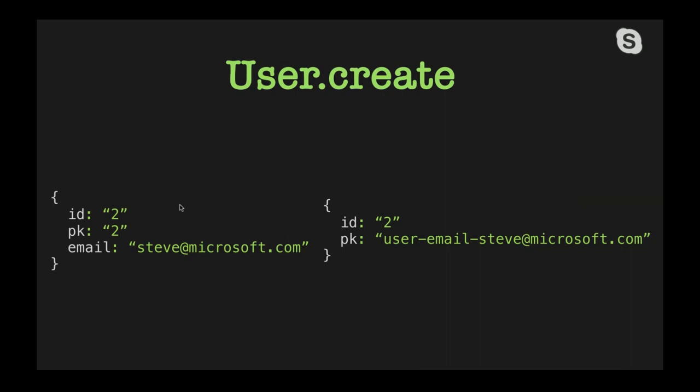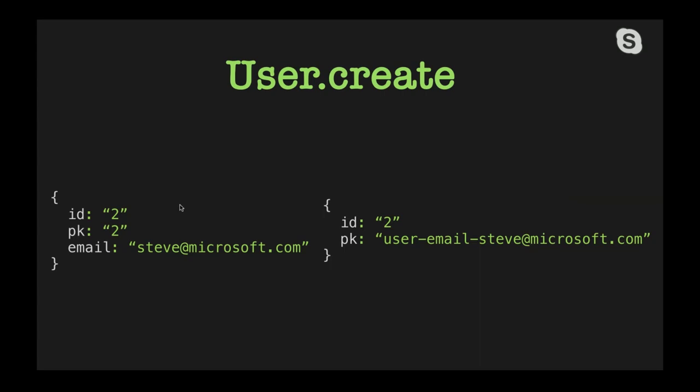So I would store my email in there in a composite way so that the partition key is user-email-my email. This is actually not my email, just to be clear. There's some other Steve before me at Microsoft, apparently, so I couldn't get it. But this is important to understand here that this is like allowing us to use partition key as a secondary